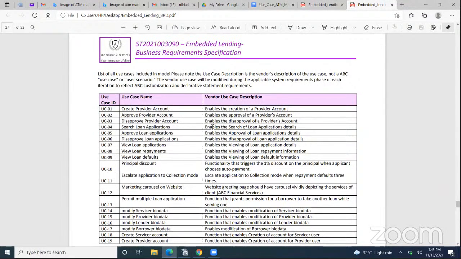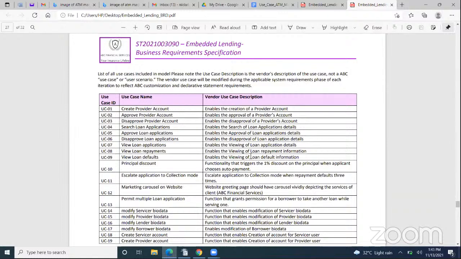Search loan applications. This function enables the search of loan applications in the situation of attempting to get details on a particular loan to take certain actions. Approving loan applications is the functionality that enables disapproving of specific loans applied.